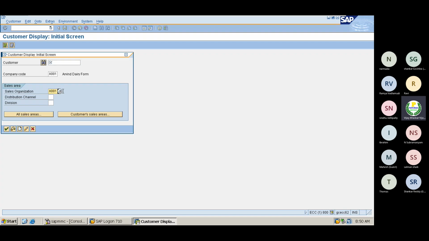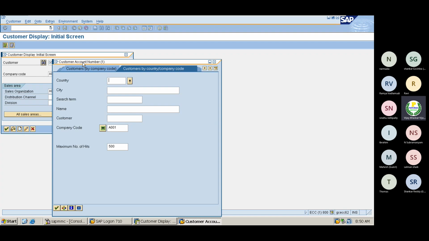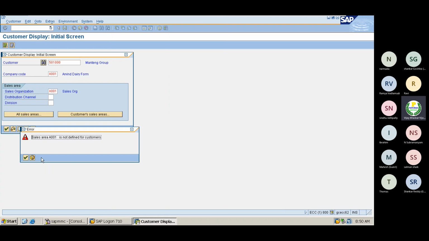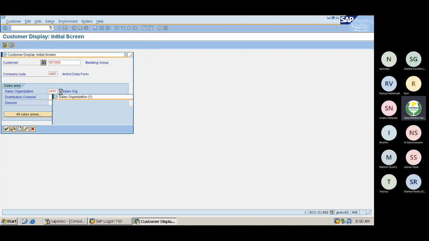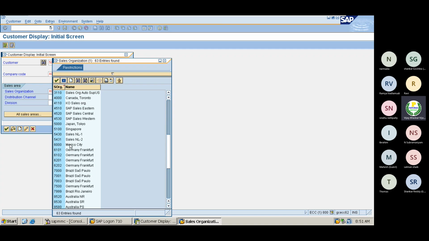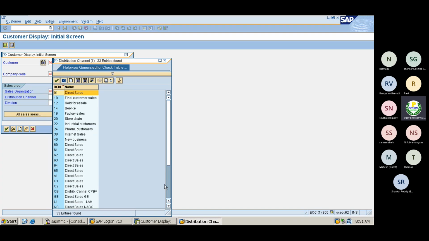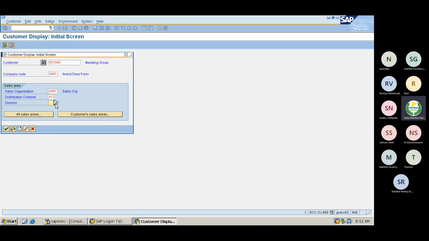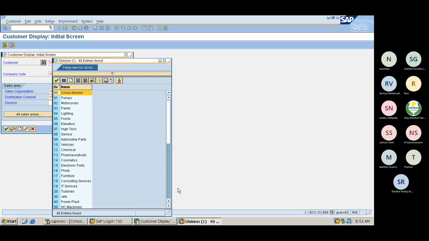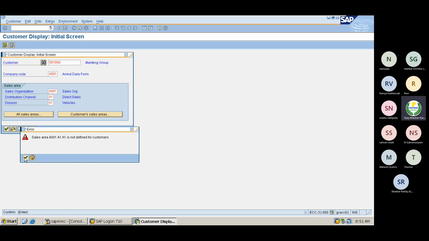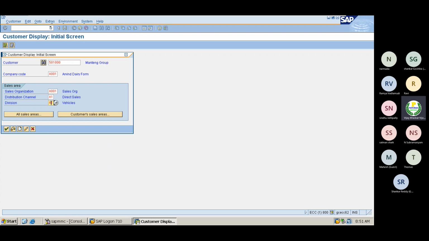It is not displaying, right? Somewhere it will display, but the customer will have that ship to party, bill to party. Let me select this one. Is it relevant for that one? The system should display automatically. I don't know why it is not displaying, because without showing all this information, it will be a little bit complicated to understand. Distribution channel A1, direct sales division. Let me enter something. The A series I might have created. A1 is not defined. Direct sales